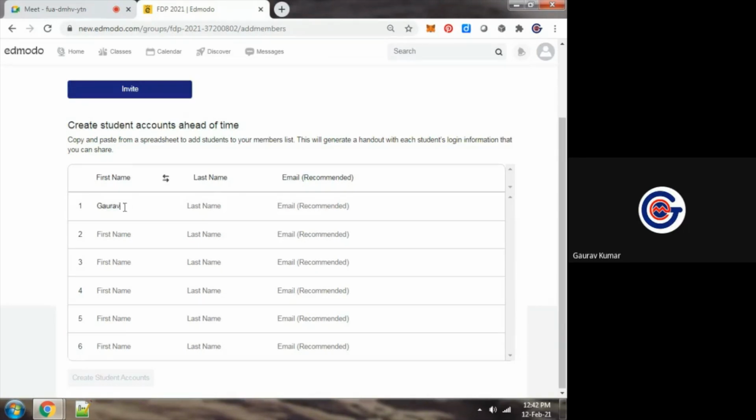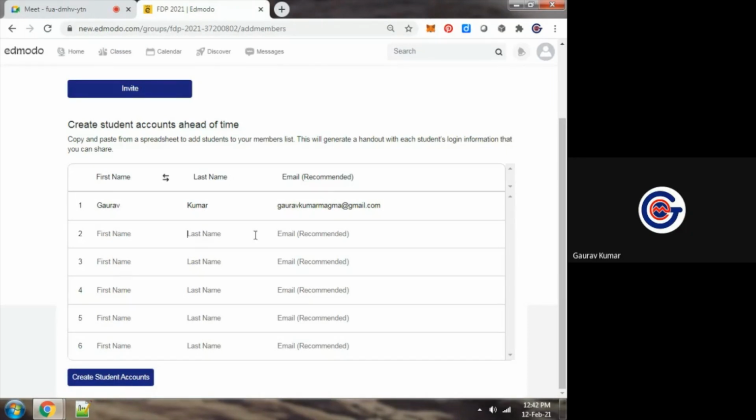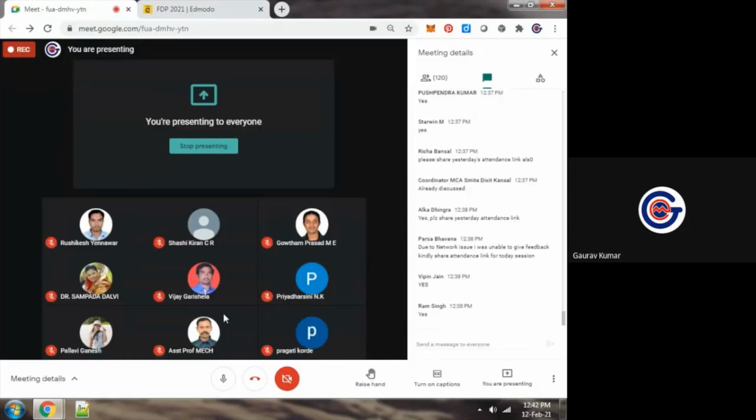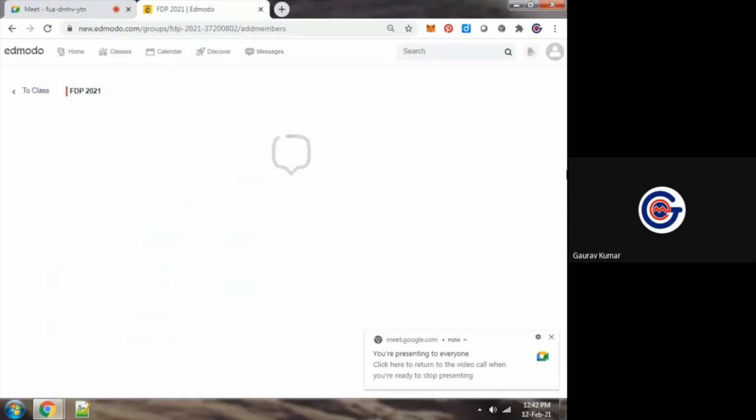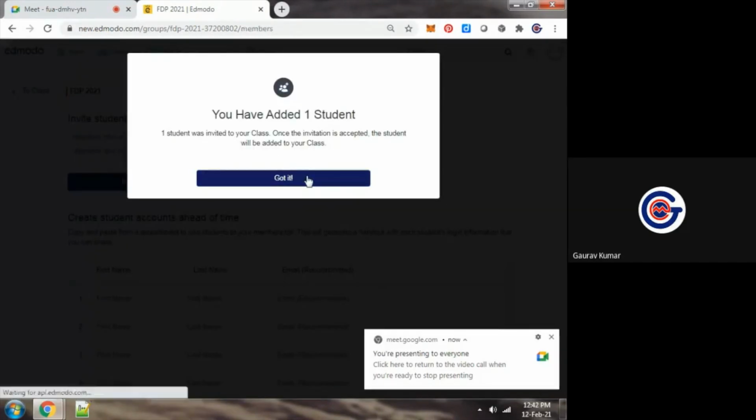So suppose I'm specifying this, at gmail.com. Create student account. I can copy and paste from an Excel sheet. Any number of students can join this particular class. Create student accounts.